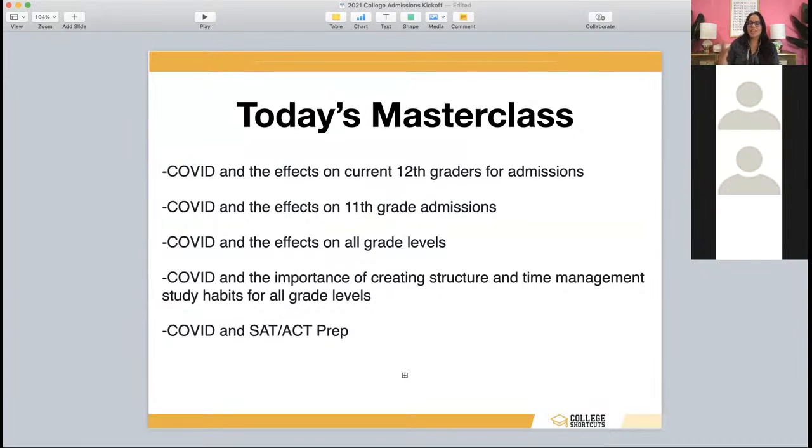One of the big things that came up last year was how difficult it was to take the tests and how many colleges let it go. And now we have students trying to get all over the place in the US to take a test. So I want to address that a little bit, because I've seen so many families feeling so much stress around exams and tests and those types of things, which we don't want to feel stress around.